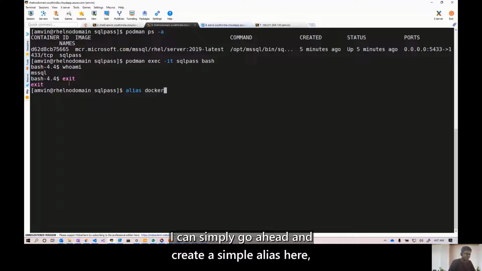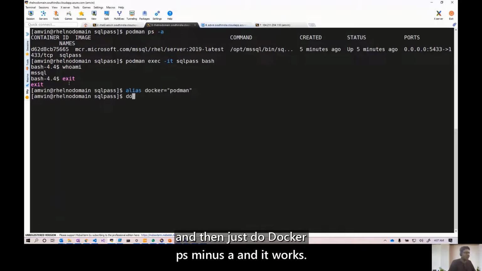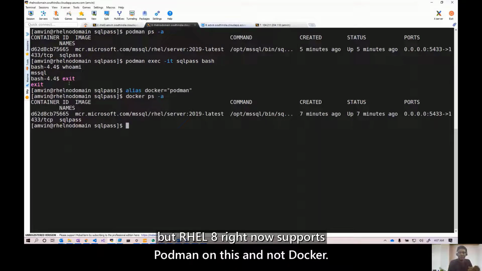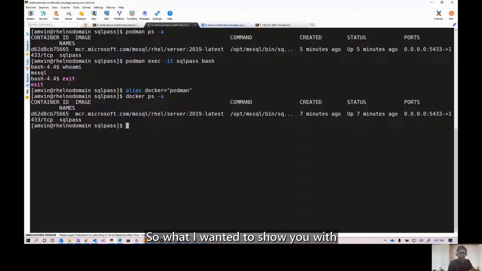So I can simply go ahead and create a simple alias here, which is saying Docker equal to Podman, and then just do docker ps -a and it works. So at the backend, it's Podman again working for you, but RHEL 8 right now supports Podman and not Docker. So what I want to show you with this is that even if you go ahead